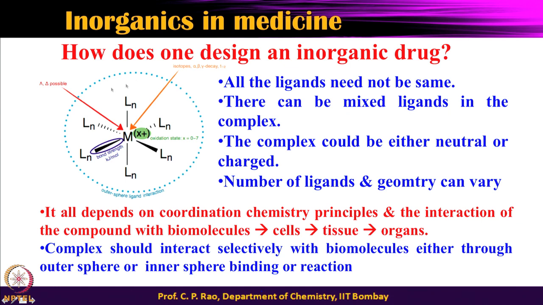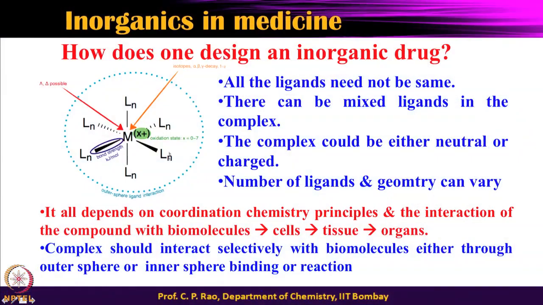When you make such complexes, you also have their isomerism playing a role. It could be structural isomerism, geometrical isomerism, optical isomerism, various kinds of isomerism. Some of these isomers may not be active, some may be active, just like we have seen the example of cisplatin is active, transplatin is not active. So, that means